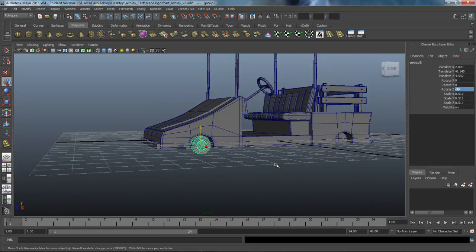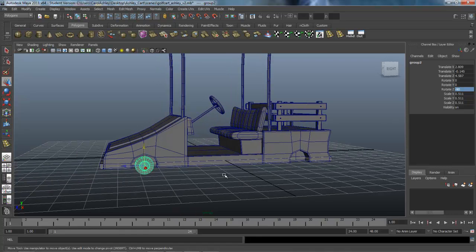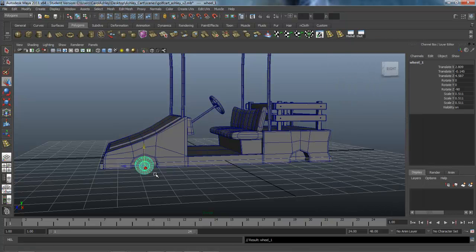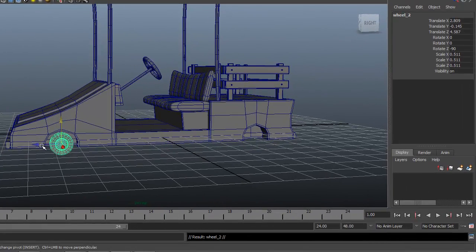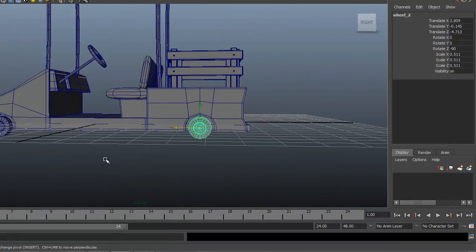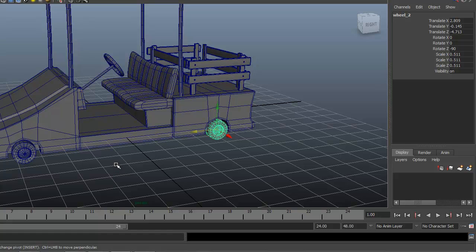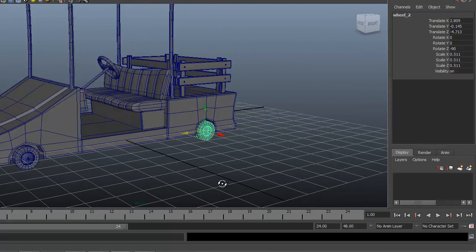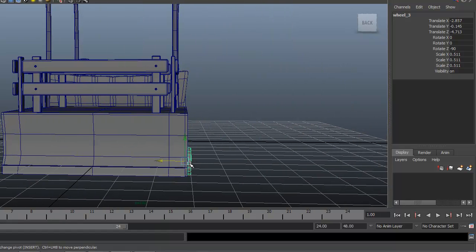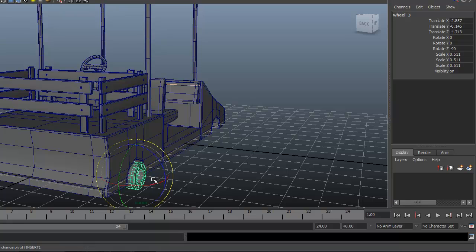Drop it down a little bit like that, and I'm going to go into the outliner. Just call this wheel 1. That way when I start duplicating it here, it's going to version up for me. So Control D, slide one back here, and we can just duplicate that again. Let's bring it over to the other side, and we're going to have to rotate that around now